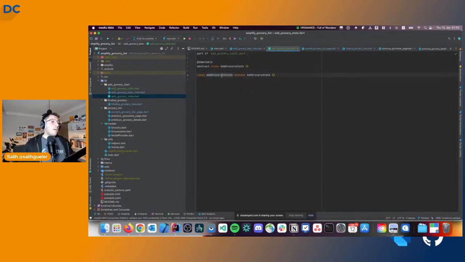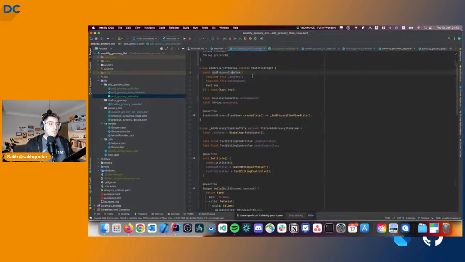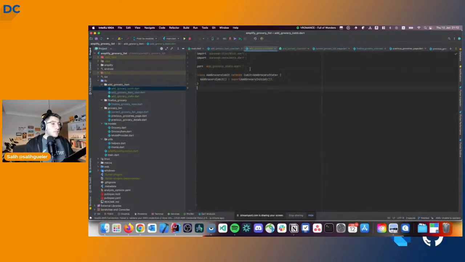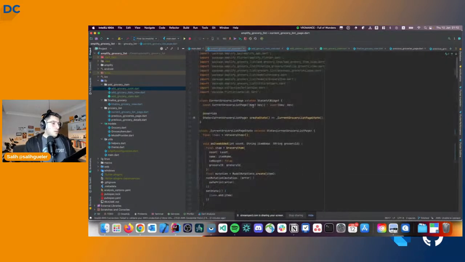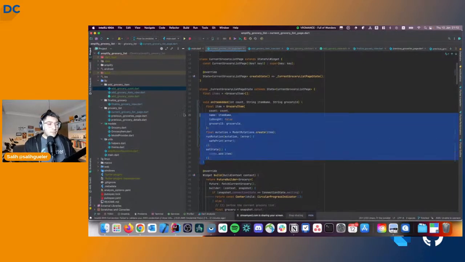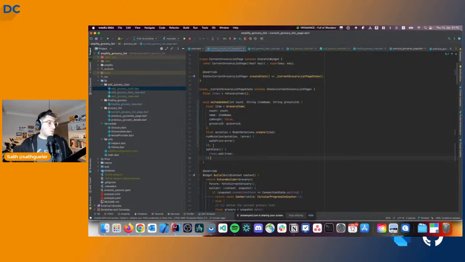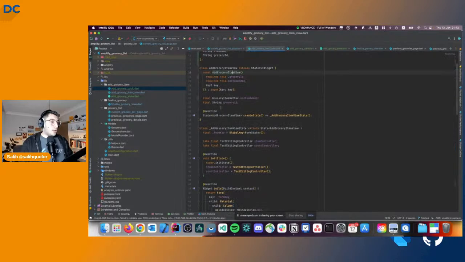Anyway, so we have add grocery initial, which is like the first part of it. You can see that it doesn't have any function at all. So what we need to do is we need to add some functions that it can use. First thing that we need to do is we need to, where was this thing? We need to get rid of all this stuff that we have added here. It's not necessary, we just need to get rid of it. So how we can get rid of it is that we will create a new item and we will say that